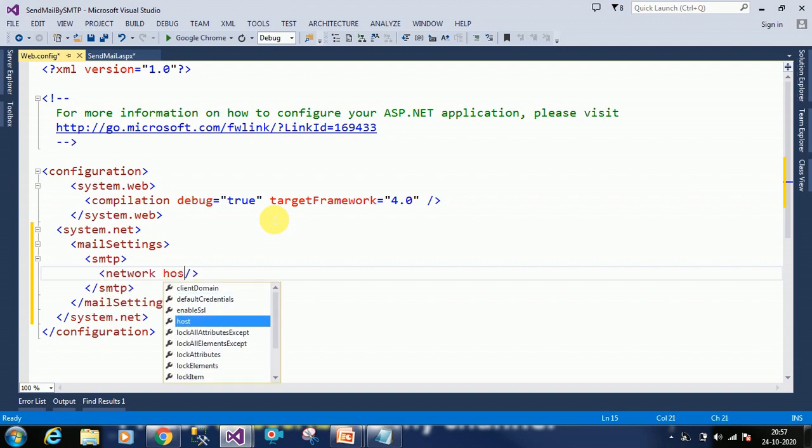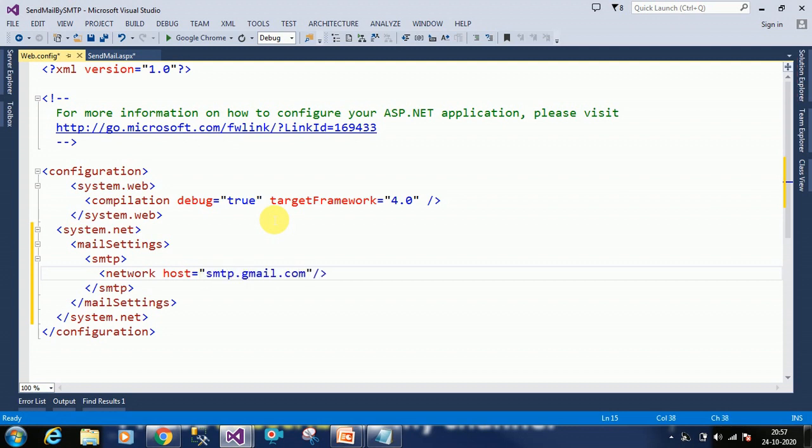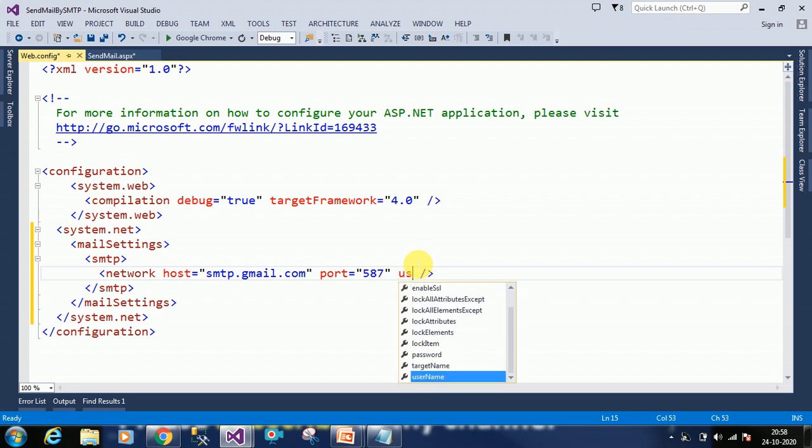So in network, I have to provide the host name here. I'm going to use smtp.gmail.com. I'm using Gmail SMTP here for this example. If you want any other SMTP also, you can provide the details. Port number will be 587. You have to provide your username and password, which is used for Gmail.